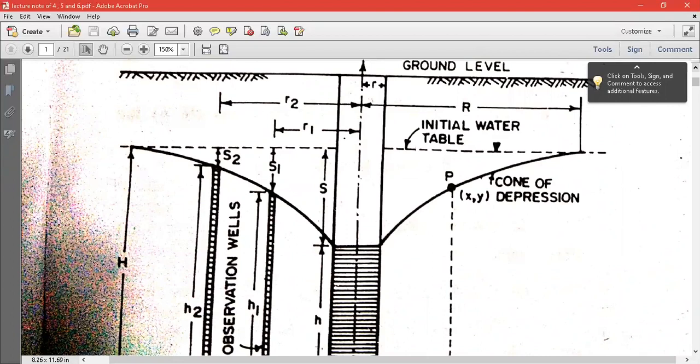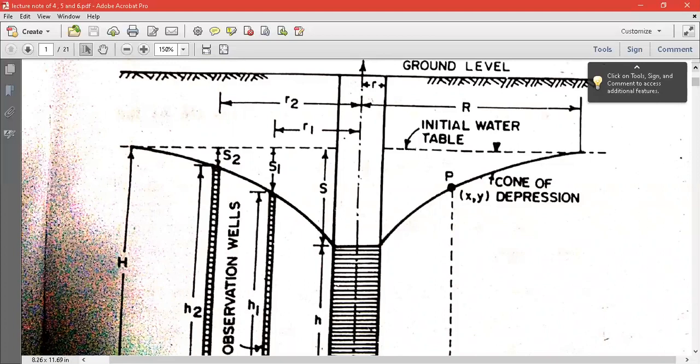Now, when water is extracted, pumped out through the well, the top surface inside the well gets depressed. That depression of the water level inside the well from the original groundwater surface is technically called the drawdown. As you have seen in the figure, it is abbreviated as S. So S is the drawdown, the depression of the water from the top water table surface due to pumping out of the water from the well.